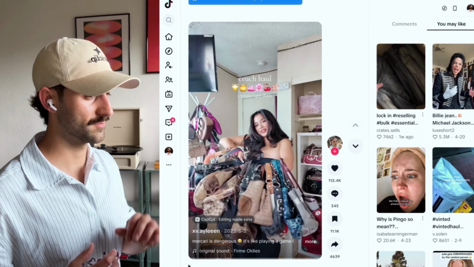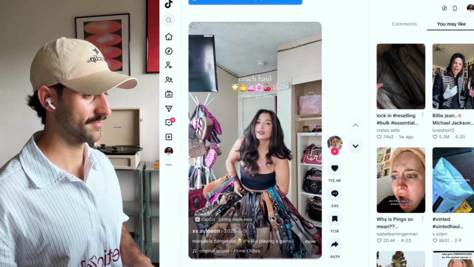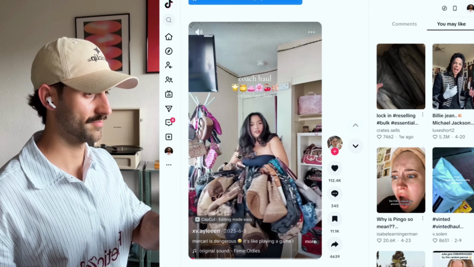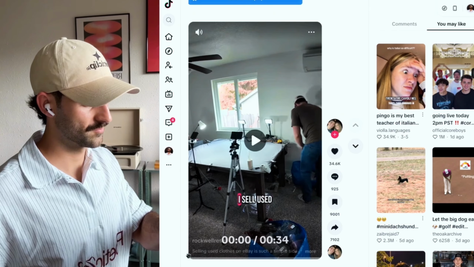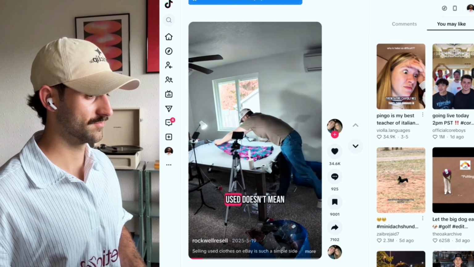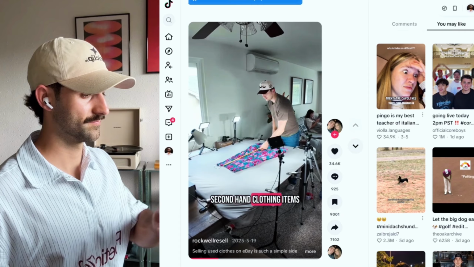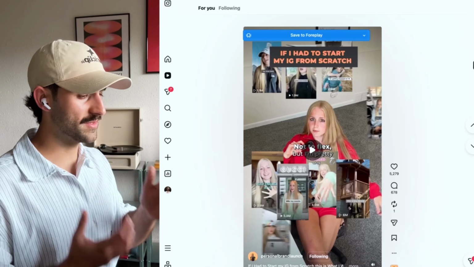This is the first reference: This is what two weeks' worth of collecting bags looks like. Found these in Mercari, thrift stores, Poshmark. Kinda went crazy. Found so many. This is reference number 2: I sell used clothes on eBay, and yes, people actually buy them. Used doesn't mean worthless, and let me show you how I make it work. These are all secondhand clothing items. I clean them up. And reference number 3: